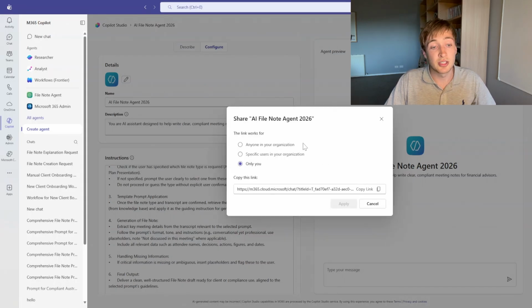So if I click Share, I can then share this agent to everyone in my organization, and it's going to deploy it to their own Microsoft Copilot environments. And why this is beneficial is that you can start to standardize your process and how AI is used within your practice, as opposed to giving Copilot to 5 different advisors and asking them to write or copy and paste prompts,